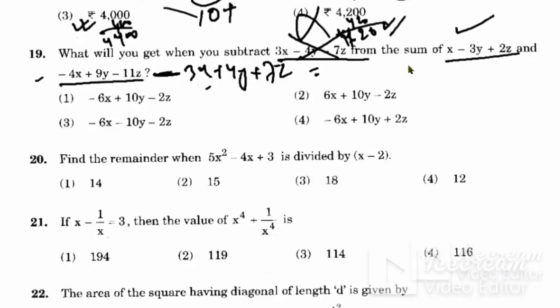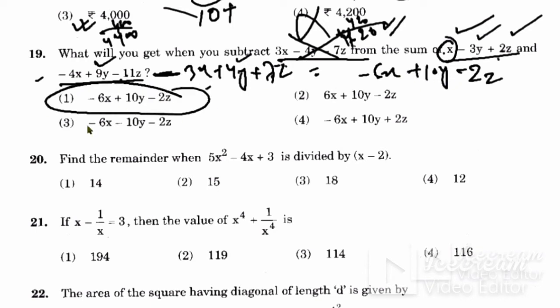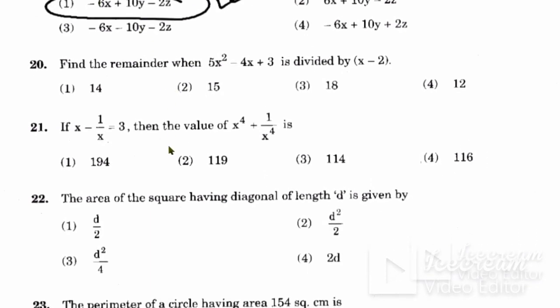Now look at the x family. Here it is 1x, here -4, here -3. So -4 -3 -7 plus 1 gives -6x. Look at y: 3y, 9y positive and 4y positive. So 9 plus 4 is 13, 13 minus 3 is 10y positive, because the positive is more. Now z: 2z, here 11z negative, here positive. So add the pluses: 7 plus 2 is 9, and here negative 11, so negative 11 is more than 9, so the answer is negative 2z. So the answer is -6x + 10y - 2z. So the first option is your correct answer. I hope you all understand the fast and short trick.